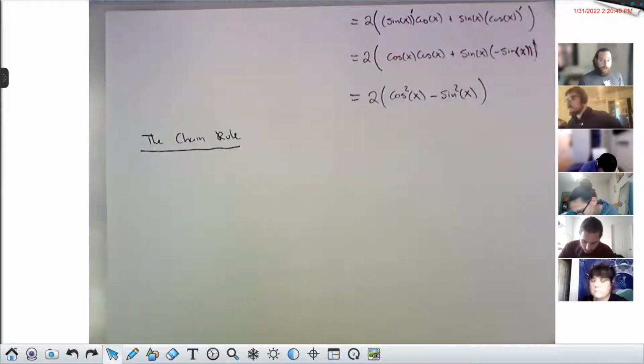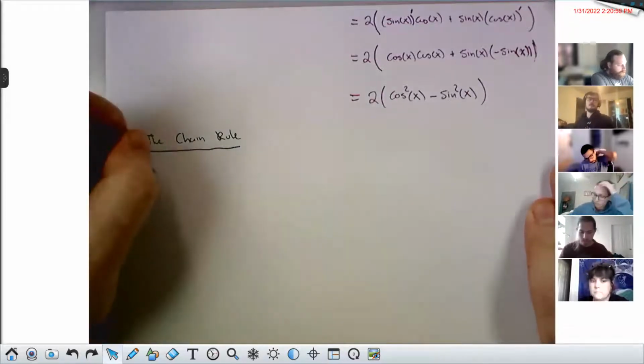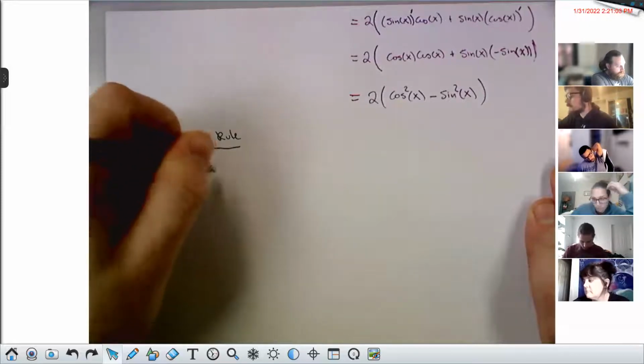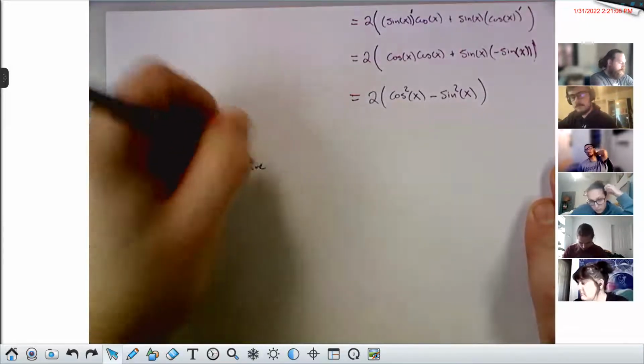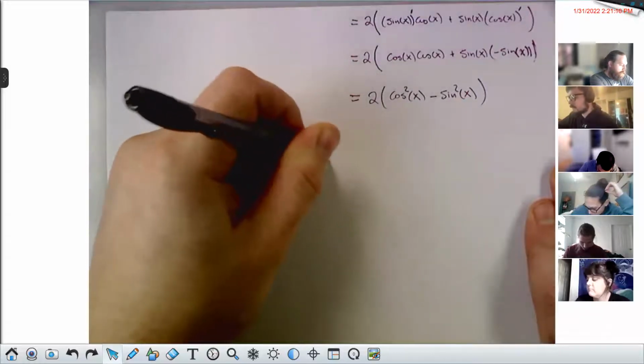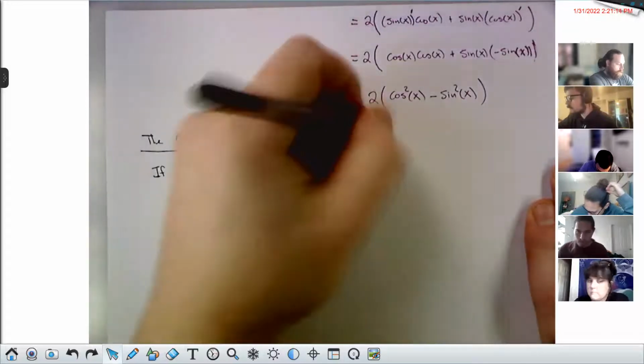I prefer the prime notation when it comes to most things, so that's the way I'm going to describe this to you, but I'll also give you the Leibniz notation. What this says is if f and g are differentiable, then